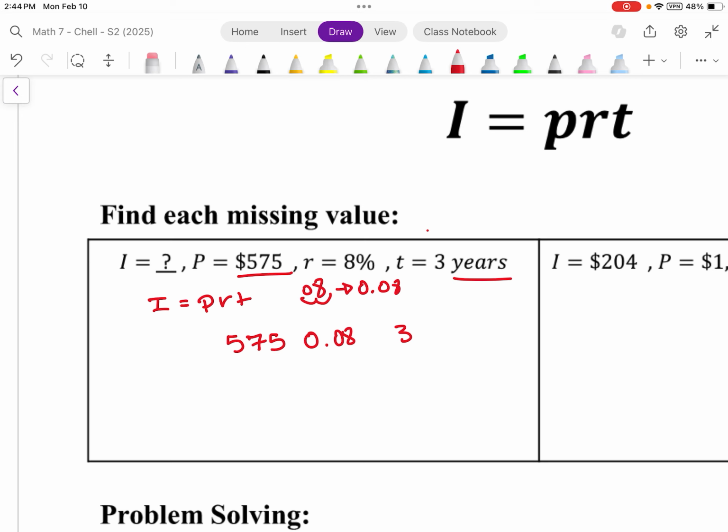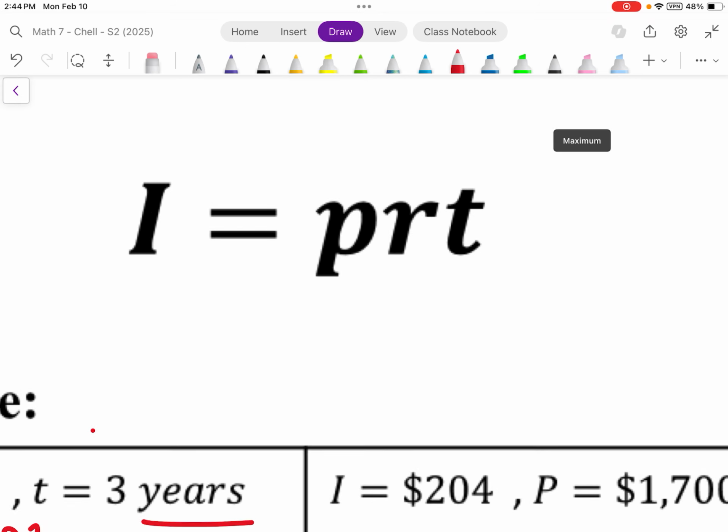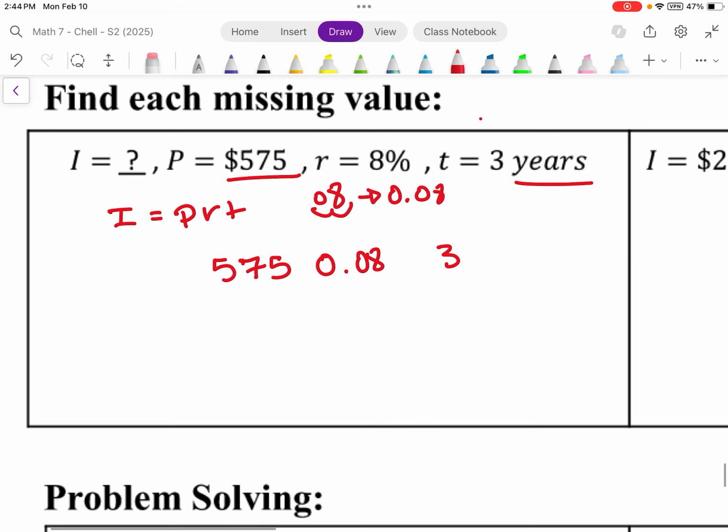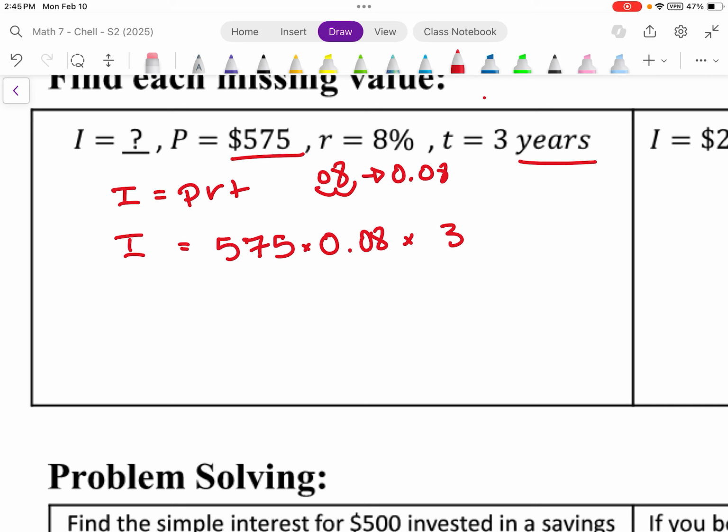So one thing I want you guys to see is that since P, R, and T are together, we know immediately that it's multiplying, okay? So the symbol that we're going to use right here is multiplying to solve for our interest. Okay, so when we multiply all those numbers together, we're going to get